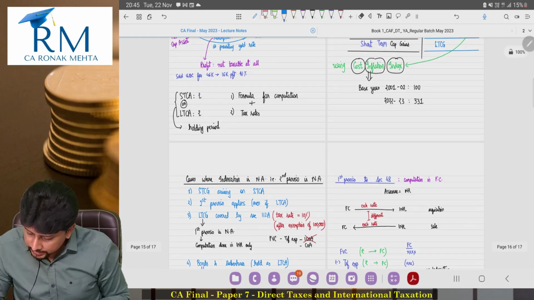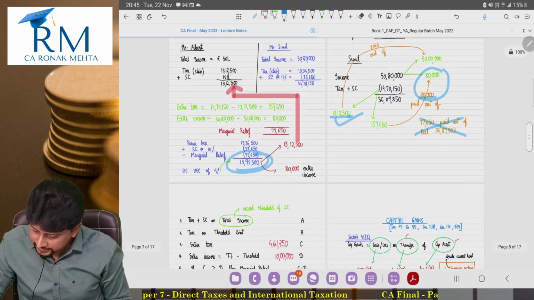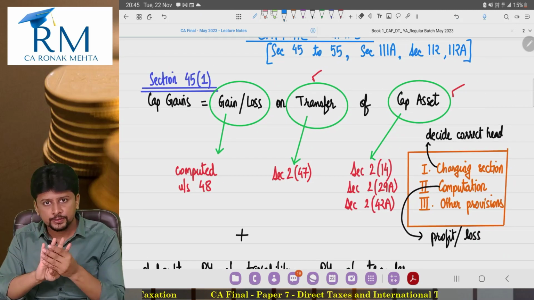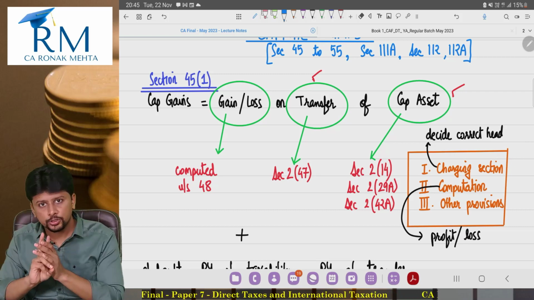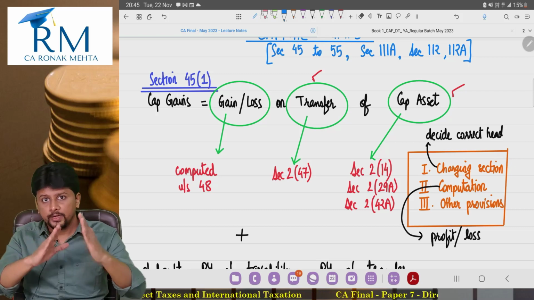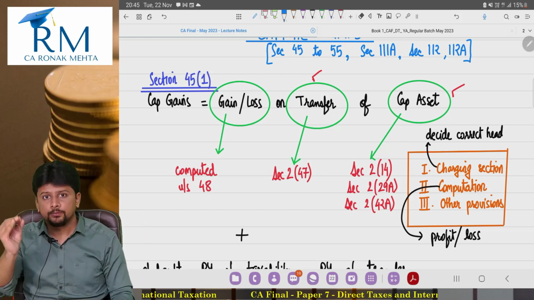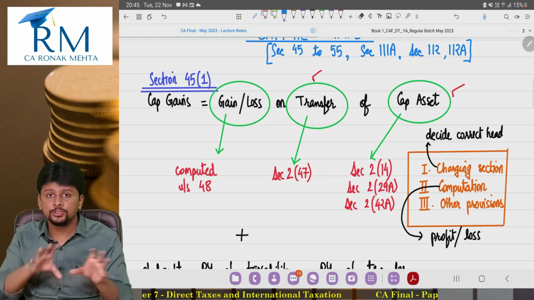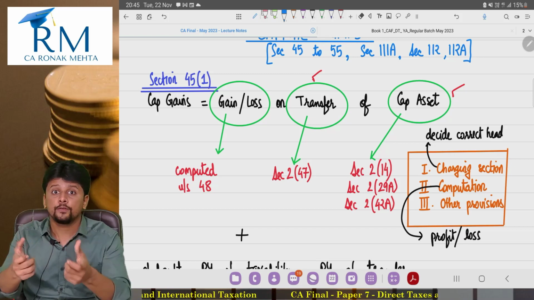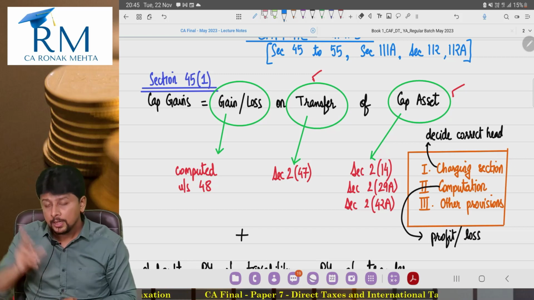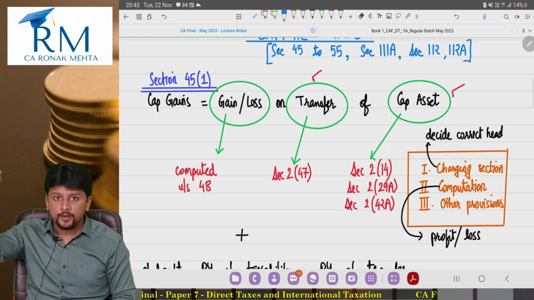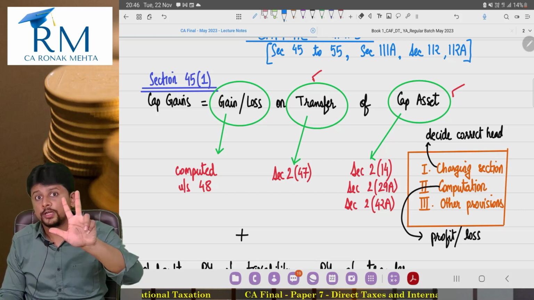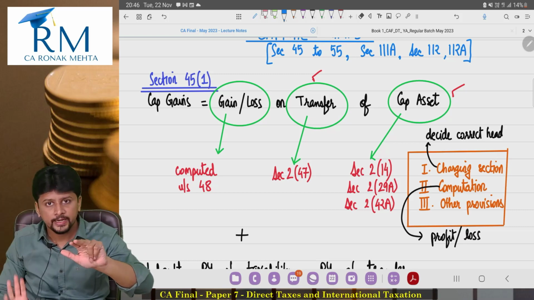if you remember, our base was our charging section 45 subsection 1. Capital asset, we saw the definition, 4 exceptions, securities by FII, unit linked insurance policy, short term long term ka distinction, 12 months, 24 months, 36 months, transfer, sale, exchange, relinquishment, conversion of capital asset into stock in trade, compulsory acquisition, zero coupon bond, matured, redeemed, 53A of Transfer of Property Act, transfer ka definition, gain or loss computation, from full value of consideration, transfer expenses, clause 1, cost of acquisition, cost of improvement, clause 2, 48, clause 3 pending, we will discuss it much later.